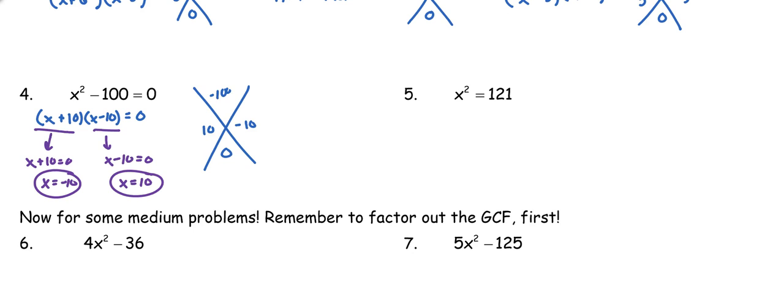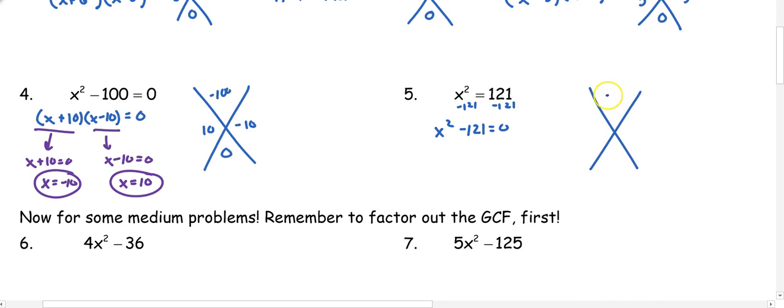In number 5, before I can factor, I need to move the 121 over. So I'm going to subtract 121 from both sides. So x squared minus 121 equals 0. So I need two numbers that multiply to negative 121 and add to 0. So I can think about the square root of 121 as 11. So I'm going to have 11 and negative 11. So x plus 11 times x minus 11